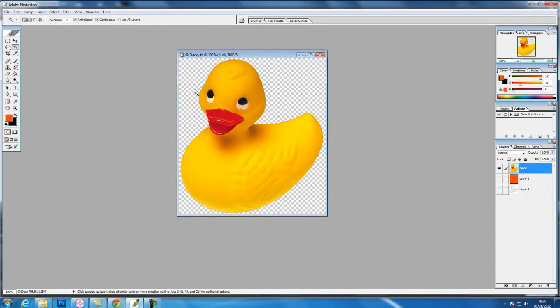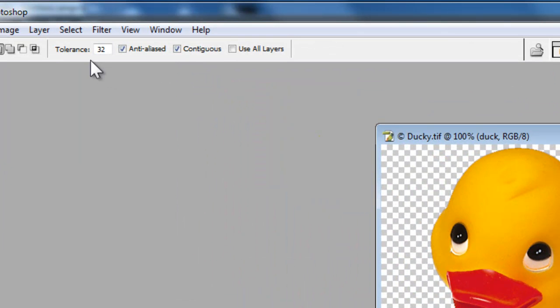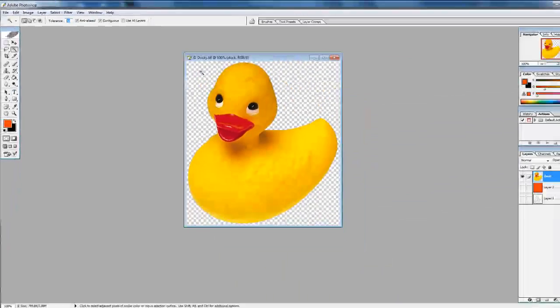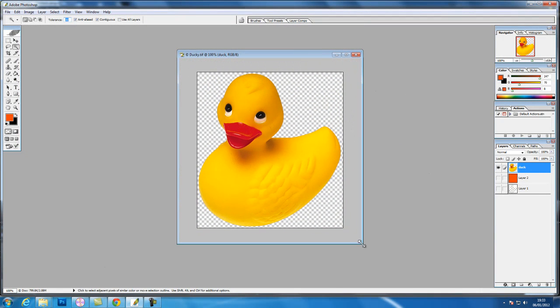Now the magic wand tool works in a similar fashion to the magnetic lasso tool, except it chooses an area anywhere in the image of pixels of a similar value, and that value is determined by that figure there, tolerance. So if we're on this layer and we select the transparent or the checkered background, you can see it does a pretty good job on its own, in its own right, of selecting everything